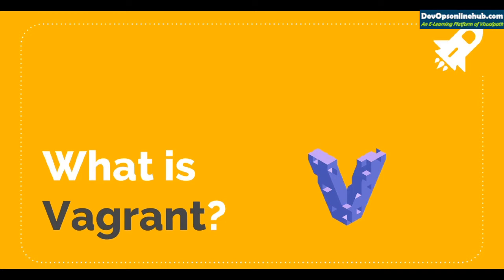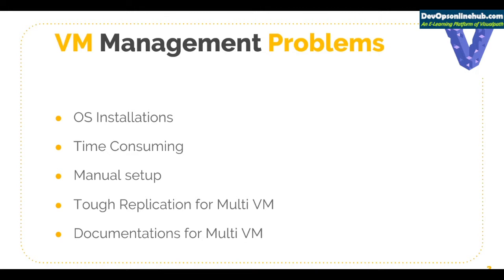Or should I say it's a magic trick? Well, all the magic we see is really a trick. So we will understand what is that magic that Vagrant plays that can manage virtual machines magically for us. So as I said, Vagrant is a VM automation tool. It's a command line tool to manage your virtual machines.